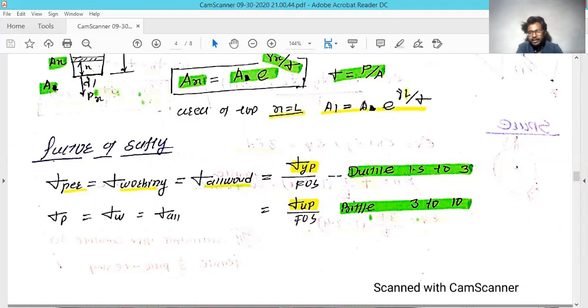And if you go for a higher safety factor there, mass gets added to that object, and due to that it becomes bulkier, and if it becomes bulkier, then the engine capacity and the weight it has to lift for that plane will increase. So that's why their focus is to reduce the weight as much as possible. Because they have to keep the factor of safety as low as possible, which is around 1. And here, for the common ductile material, you can see the difference between these two factors of safety.